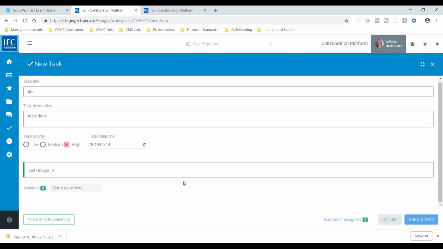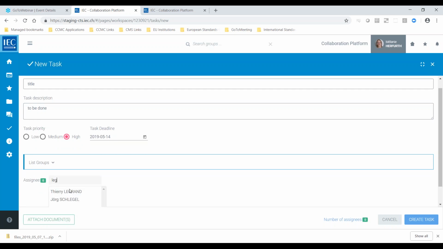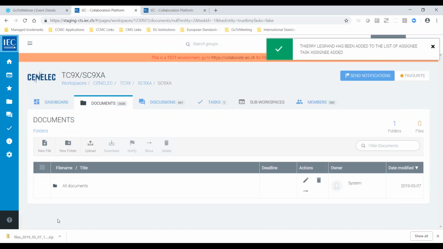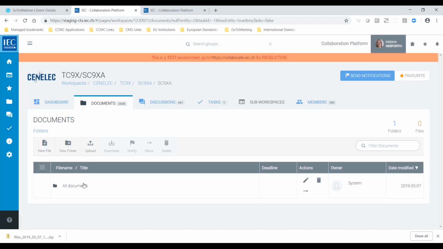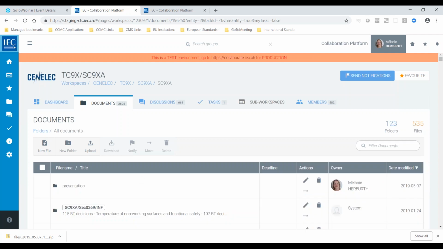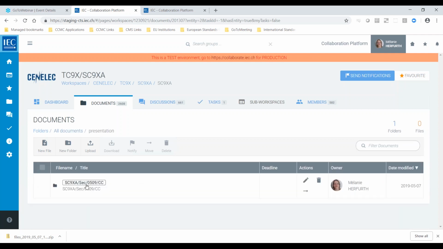You can, so it's just different features. I'm gonna put back my colleague in there. You can attach a document. So it's also same principle. You see, I clicked on attach document, and it's driving me to all documents. So there I can choose my document,